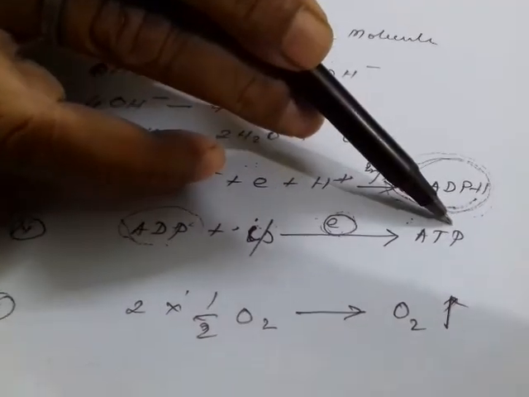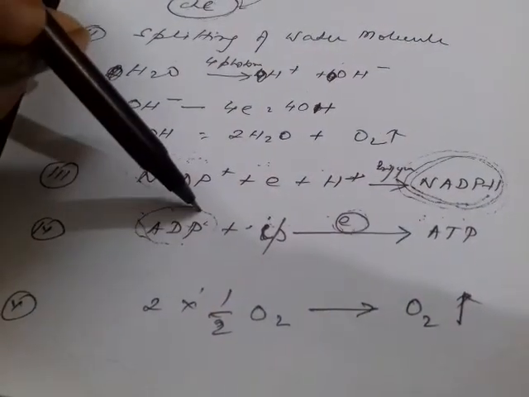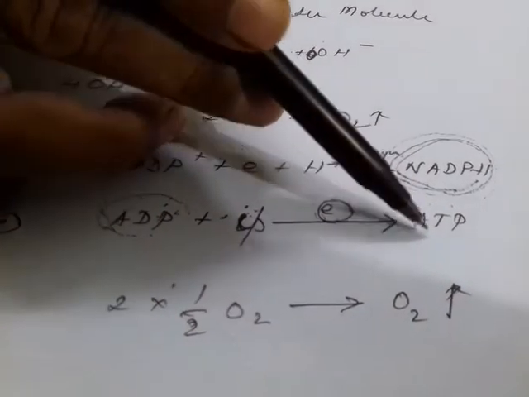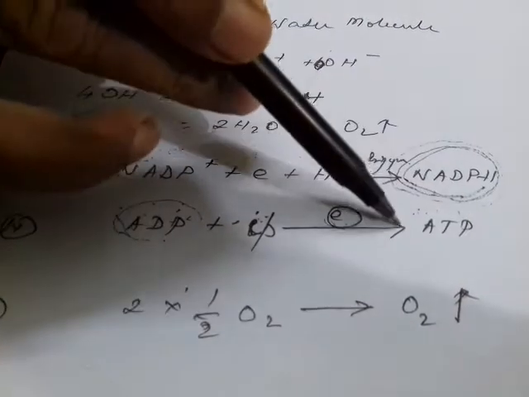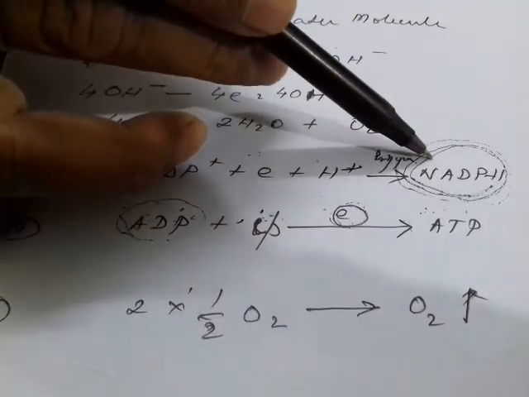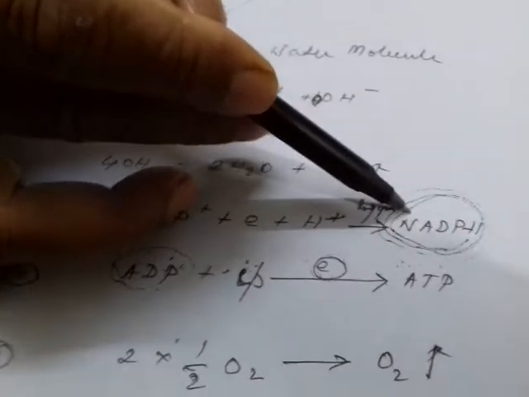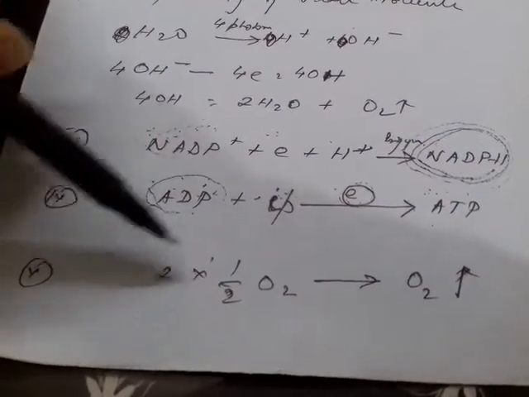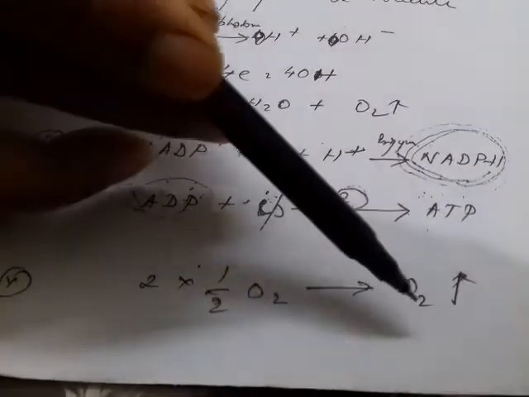Adenosine triphosphate. ADP is adenosine diphosphate. So di means 2 phosphates, and with another phosphate it forms ATP. This is also used in the dark reaction. So NADPH and ATP are to be used in the dark reaction. And the last compound that is formed is oxygen, which I have already told you is an end product, a byproduct of the light reaction. So you can say that in the light reaction, oxygen is one of the byproducts which we obtain.